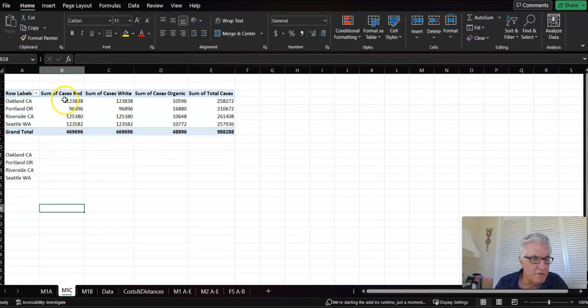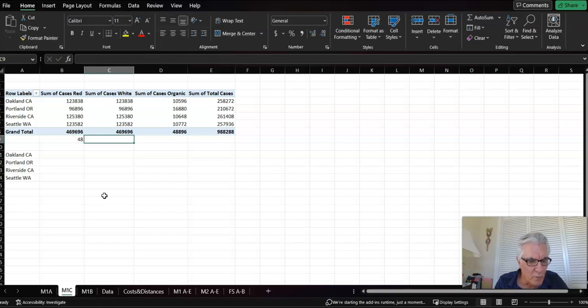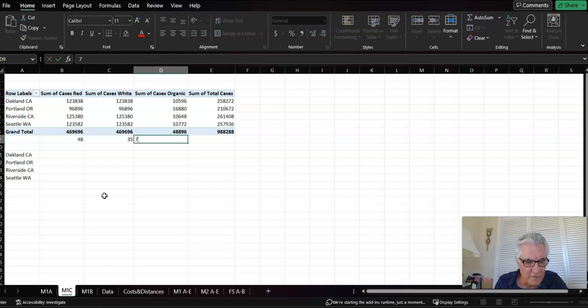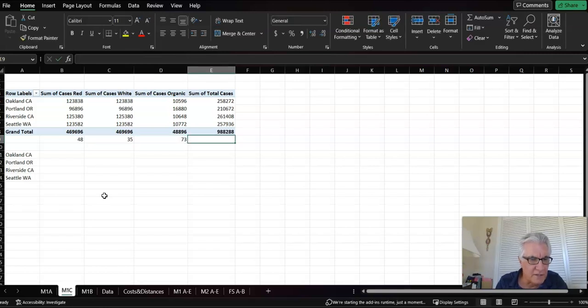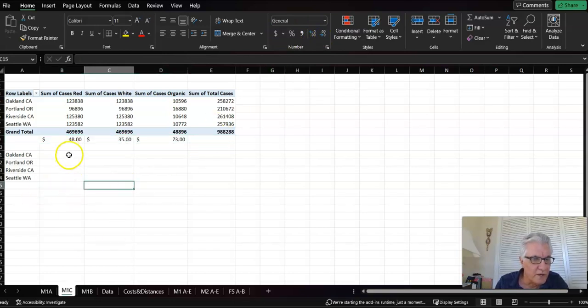put what the cost is for a case of red. Say it was 48. I won't use the real number. And the white was 35, and the organic is 73, say, dollars. I always like to put units, because otherwise it gets confusing as to what you're multiplying. Let's do it in dollars and cents. And then when you do